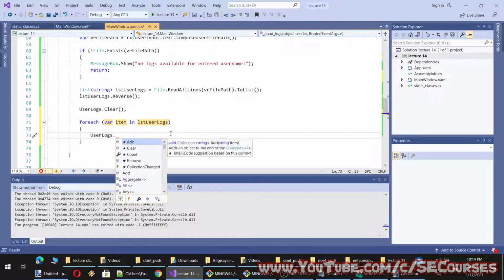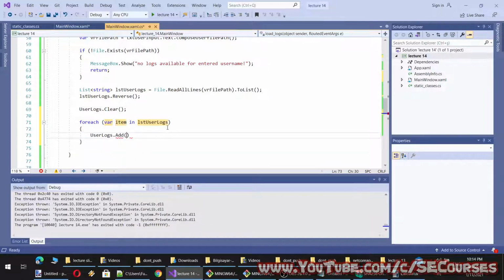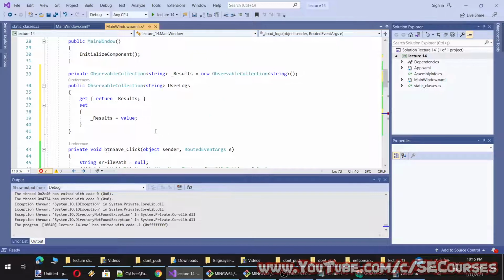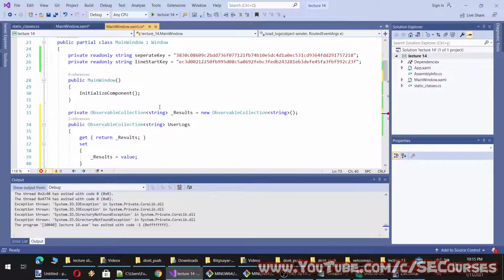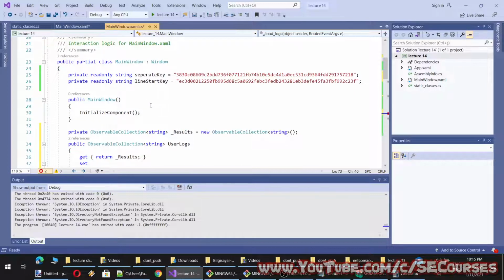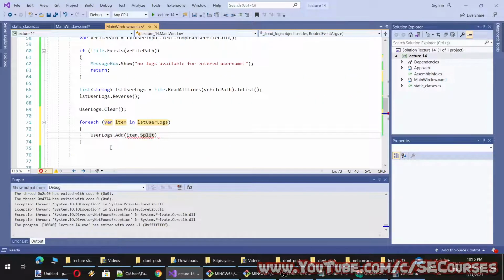I will add to the observable collection a variable such as first I will split it with the separator. Okay, for the separator to work, I think I have to read it as not all lines but as all text.